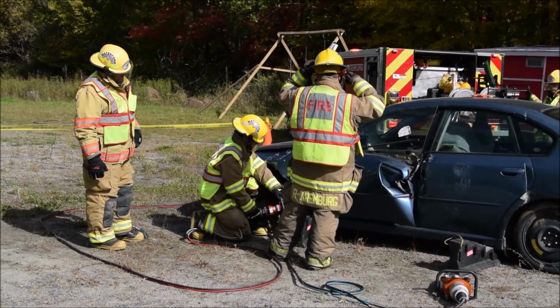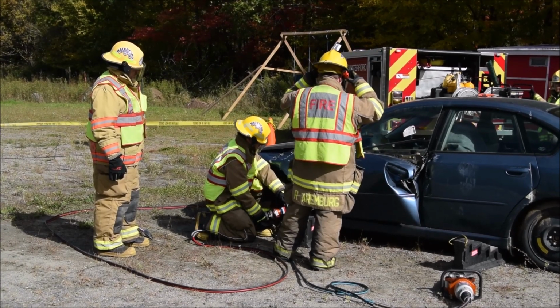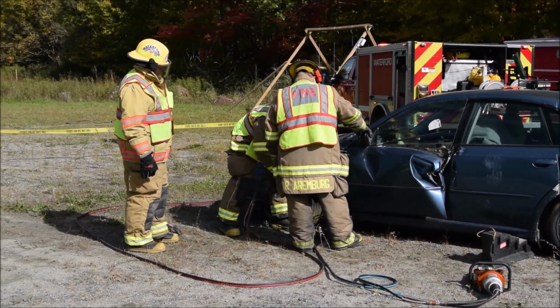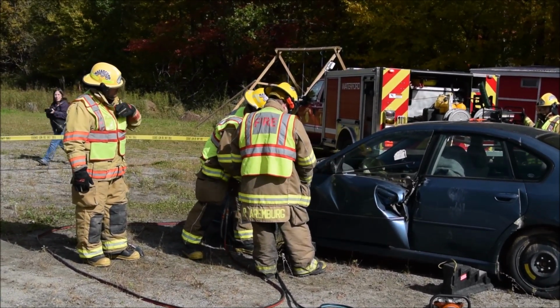Another part of our response is the engine company comes as well, because a lot of times there's leaking fluids and fires could happen as well. So normally there's a hose line stretched, and we've got that primed and ready, so if there's any fire that breaks out,